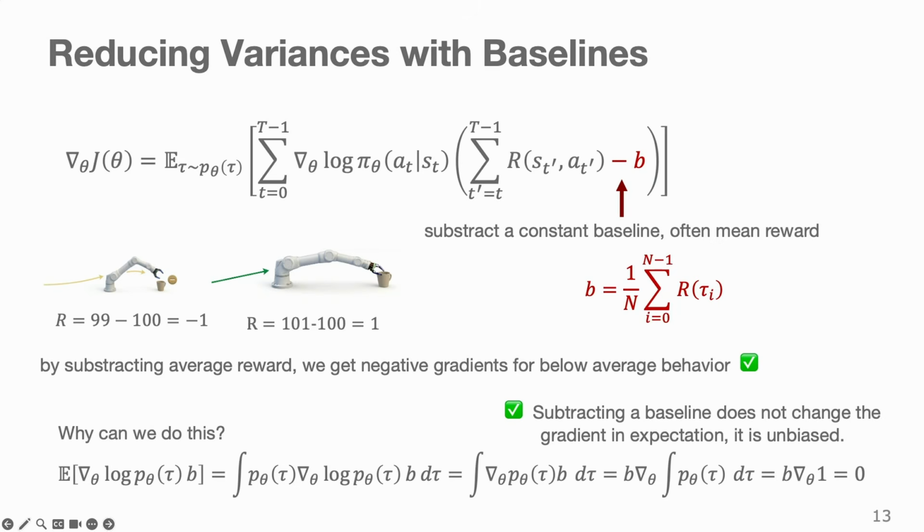Now you might also be asking, well, this sounds a bit like cheating. What are we doing here, introducing some random constants into the formula? No, we are not cheating here, because in principle, if you subtract a constant B, this doesn't change the expected value of the gradient at all. So it's a zero bias operation, but it helps enormously to reduce the high variance problem.